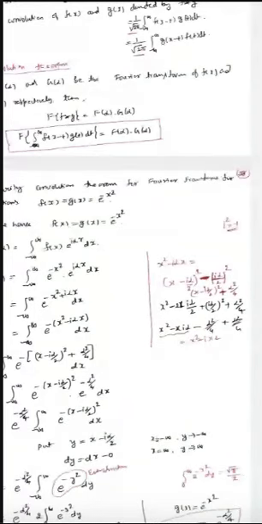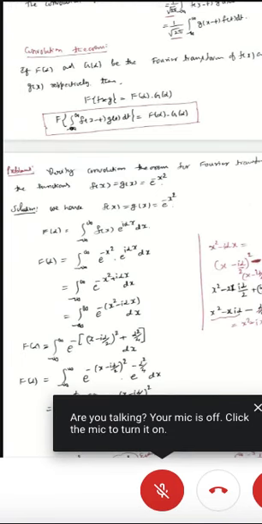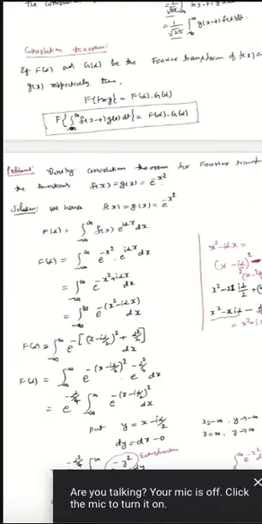Here we have x^2 - i alpha x. You just add and subtract (i alpha/2) whole square, so that automatically you will get (x - i alpha/2) whole square minus (i alpha/2) whole square. You can come to know that. See that you added and subtracted (i alpha/2) whole square, so that you will get this.